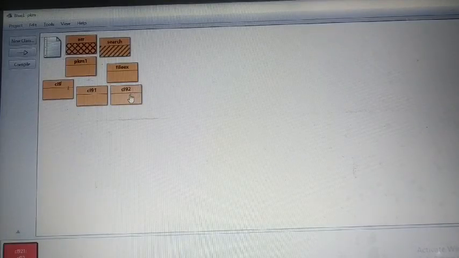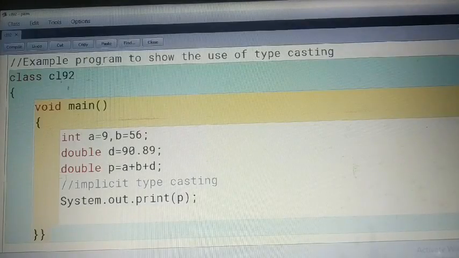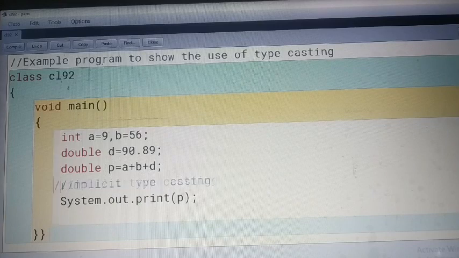See, the result is coming in fraction. So your integer values have lost their existence. Now they are represented in the form of double, or in the form of fraction. So how to handle this? The system can handle it automatically. Hence automatically this integer and double can be converted into double type. So this kind of example is representing implicit conversion.